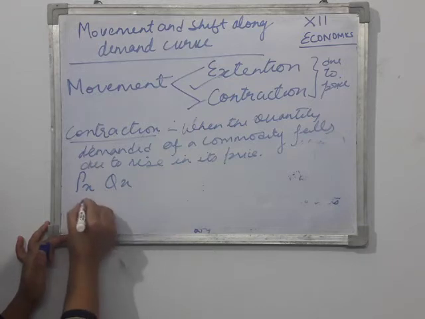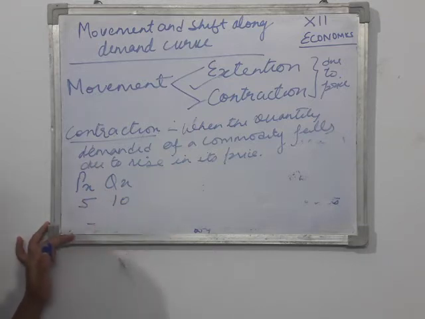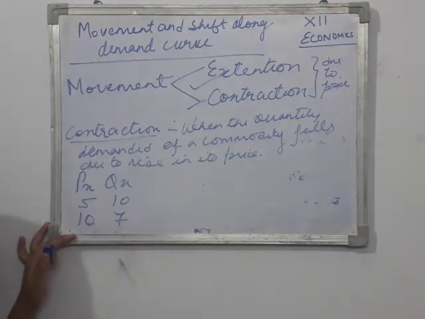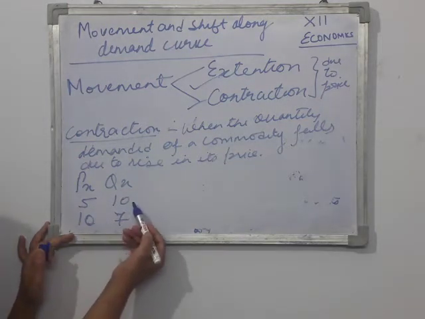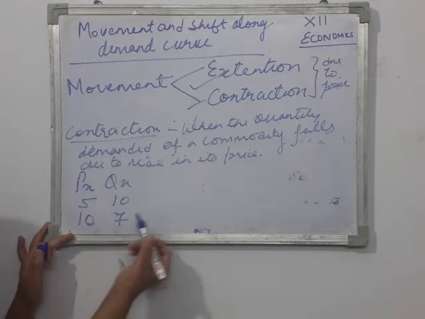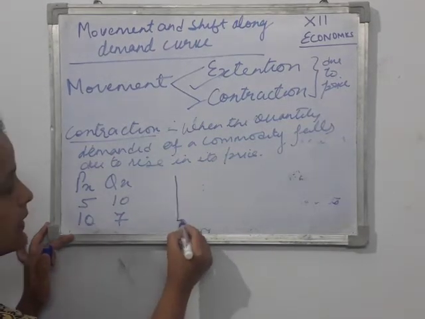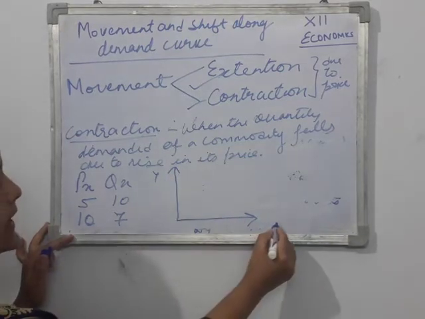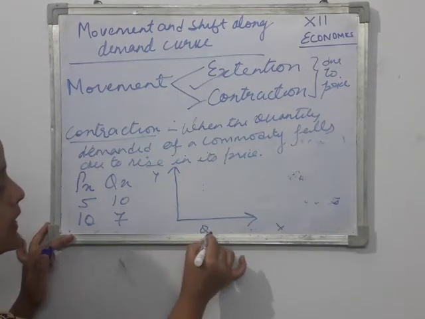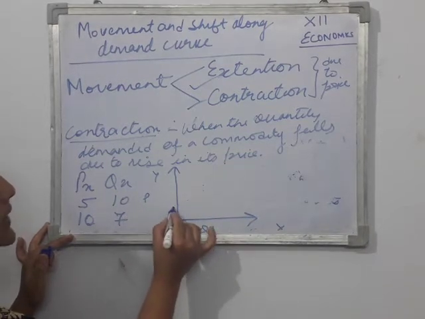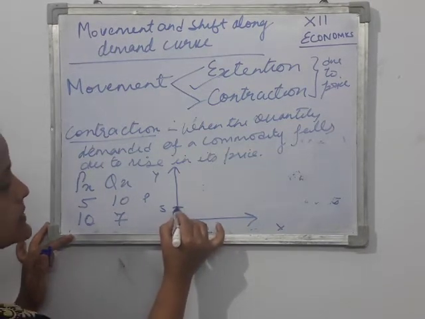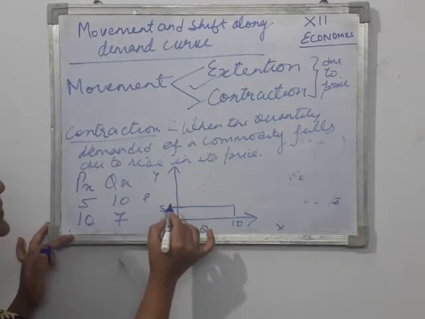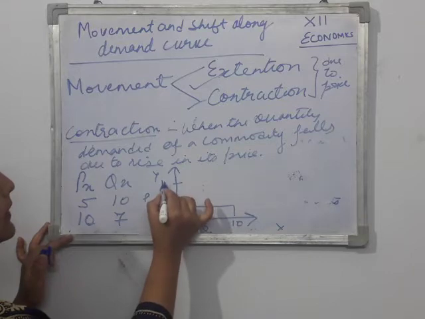When price was 5, people were purchasing 10 units. When price was 10, people were purchasing 7 units. You can see the price कम था तो लोगों 10 यूनिट्स खरीद रहे थे और जब प्राइस ज्यादा हो गया तो लोगों ने 7 यूनिट खरीदना शुरू कर दिया. So this is the diagram. This is your y-axis, x-axis. Here we will show quantity. Here we will show price. So when the price was 5, people were purchasing around 10 units, and when the price was 10, people were purchasing